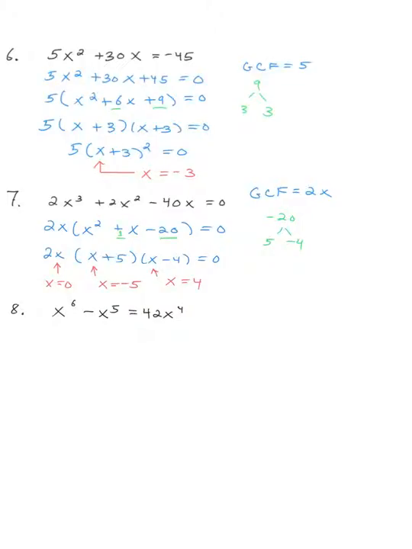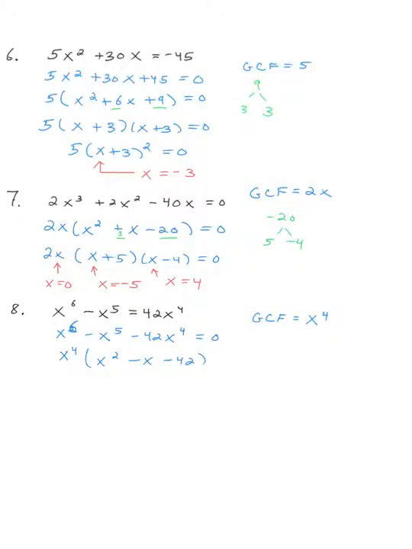I'll start by subtracting 42x to the fourth from both sides, changing the equation to x squared minus x to the fifth minus 42x to the fourth is equal to 0. And my greatest common factor is actually just going to contain x's, but you can remove an x to the fourth from every single term. I'm noticing that that should have been a 6. All right, when I take out x to the fourth, I'm left with x squared minus x minus 42